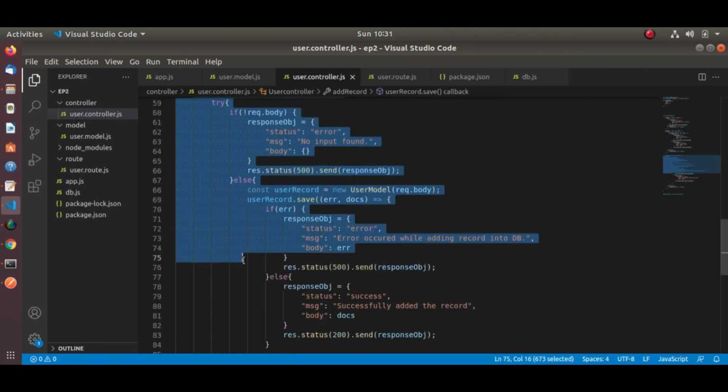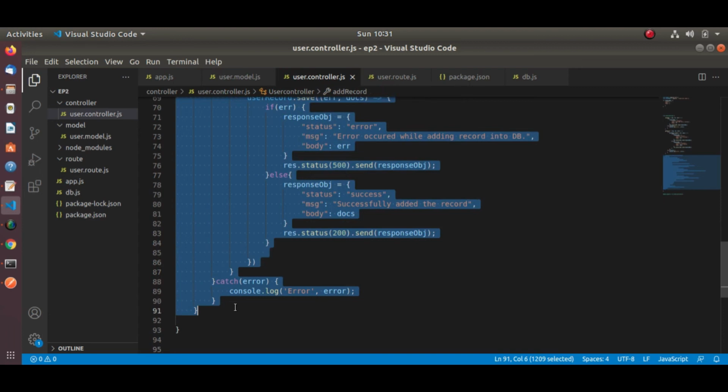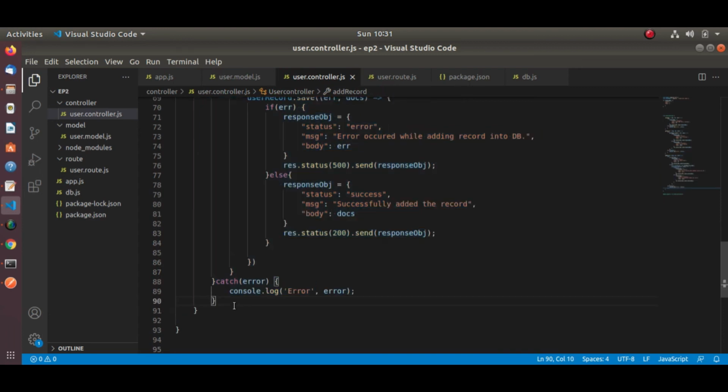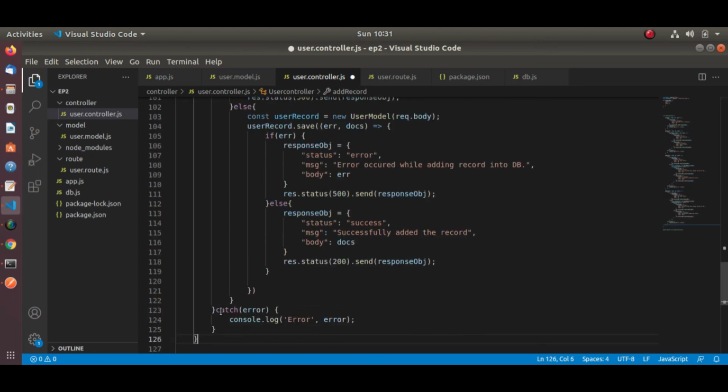So copy this method and paste it again and change accordingly for the update record.